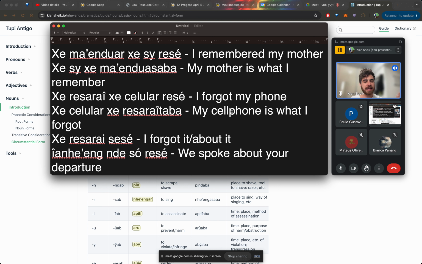Like, eu utilizei o metrô. It should be eu utilizei do metrô, right? But it doesn't matter because we understand what's happening. Or eu falei, I don't know, like when we use ele instead of o. I'm blanking on examples. Eu dei pra ele. Or dá pra você. Well, I mean, those are grammatically fine,